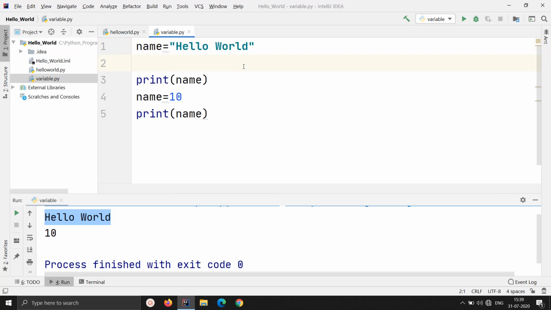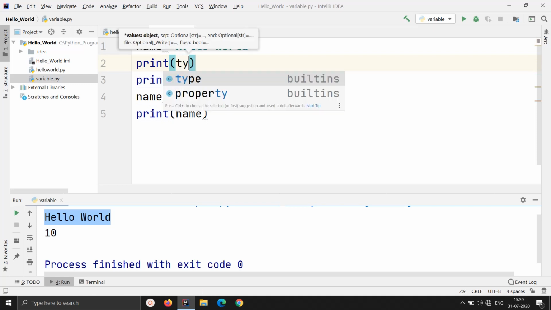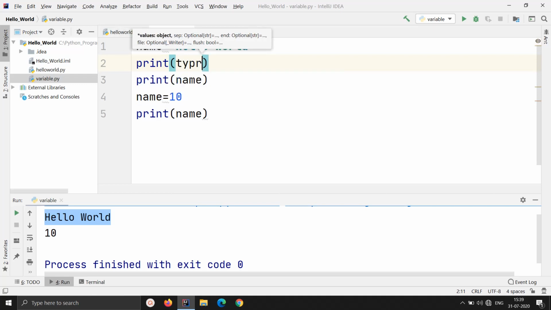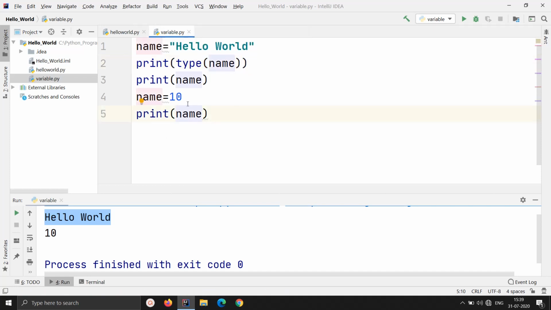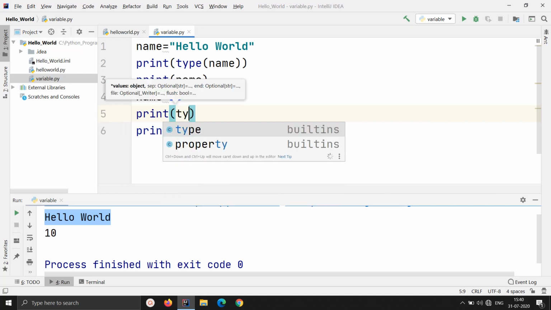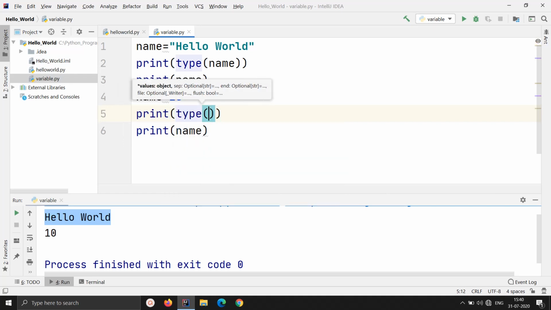To see internally what Python is thinking and its perspective about the data, there is one function that we can make use of that will help us understand that, and that function is type. Just observe what happens when I use that function inside this particular print. I want to know the type of my variable name. I'm going to do the same thing before the last print. So I'll write again print and type of my variable name.